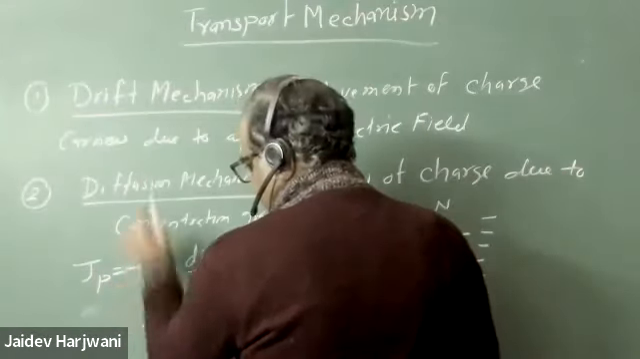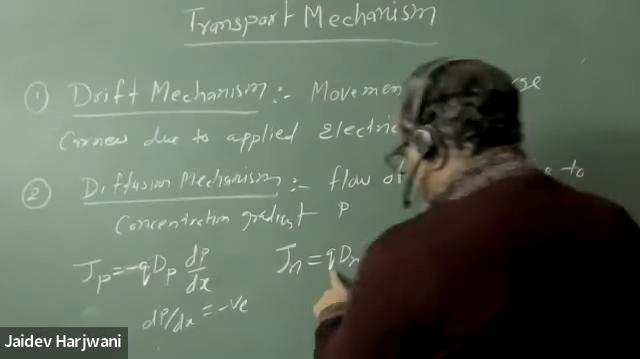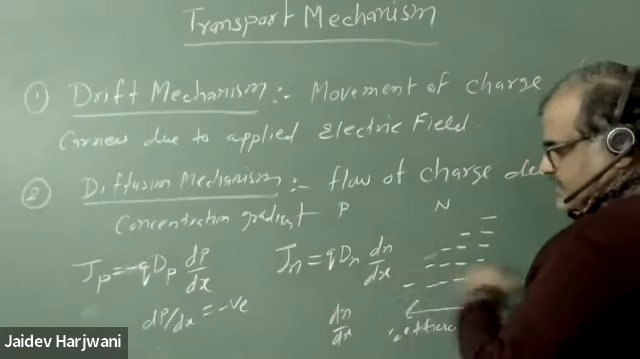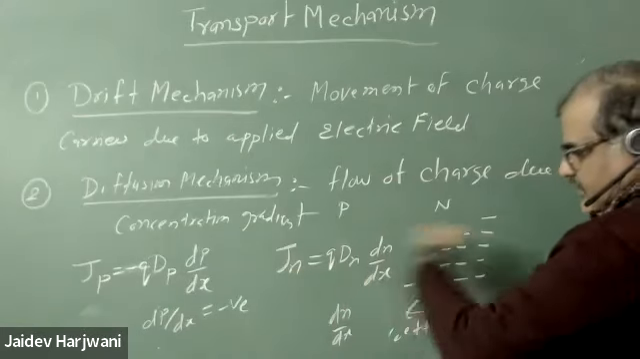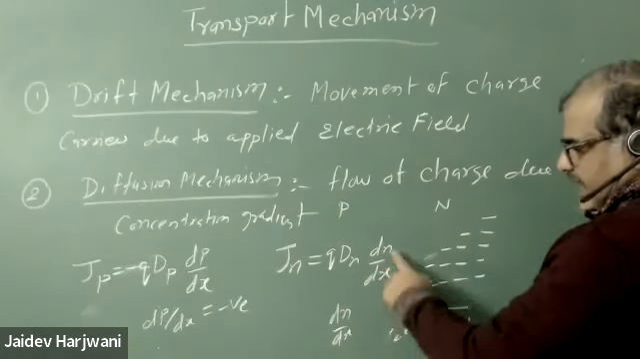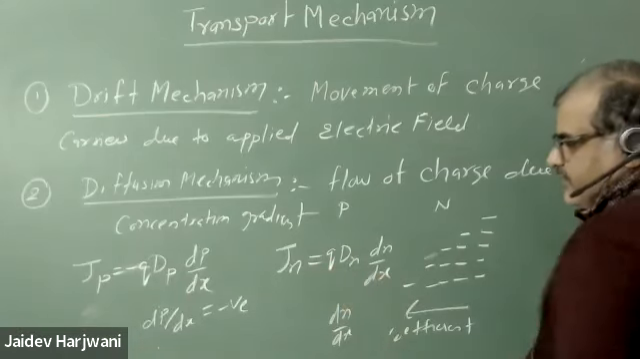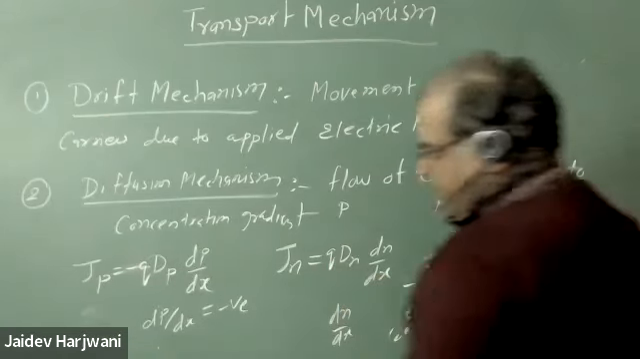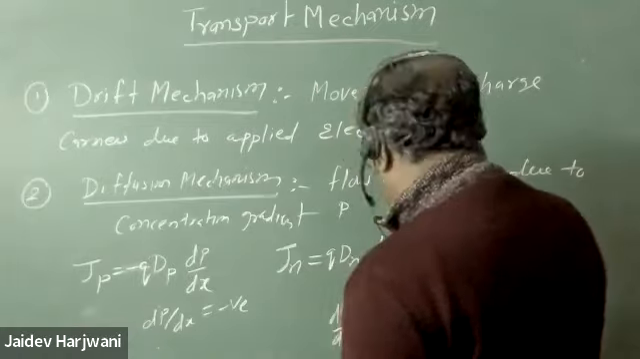So we always say current is in the direction opposite to the flow of charge carriers. So this is negative, but this is also negative, so this will make it positive. So current direction will always be the same. So if I want to write the total diffusion current,